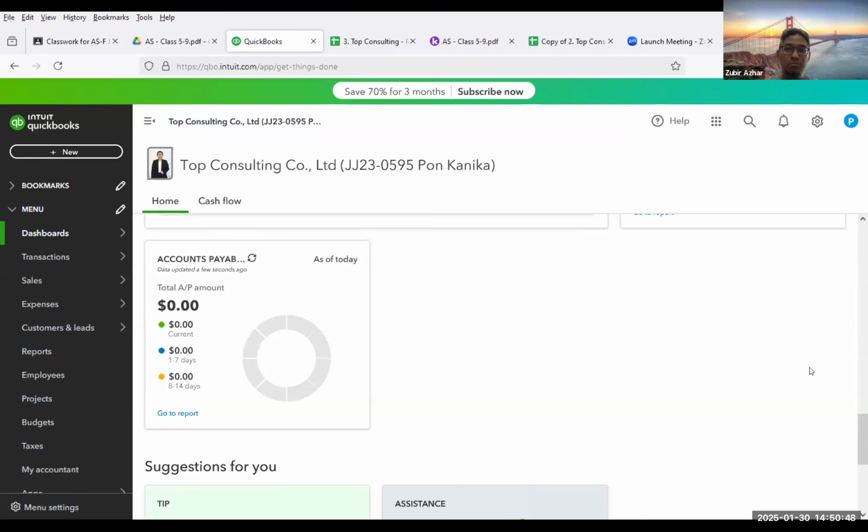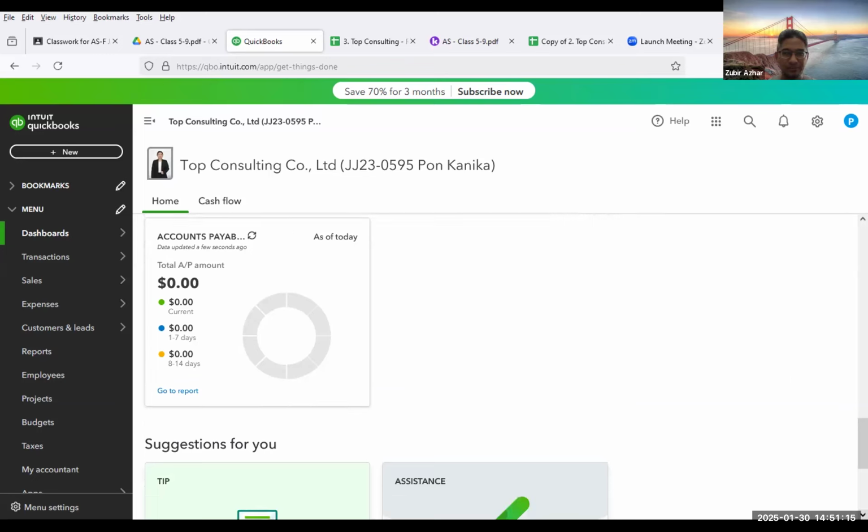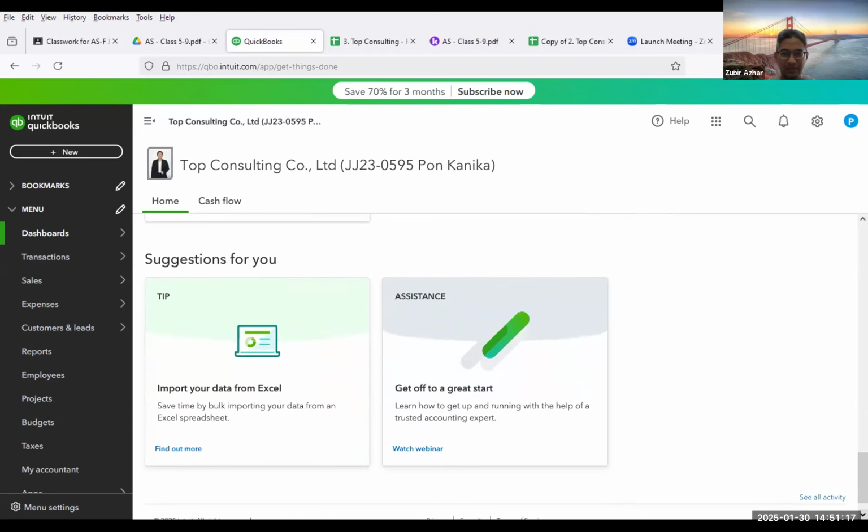Mainly because we don't buy anything on credit. We bought things last time using our cash on hand. Cash at Commerzbank, cash on hand. So that's why we don't have any credit so far with our suppliers, right? And that's about it. Scroll down further. Do we have anything else? I think that's about it.